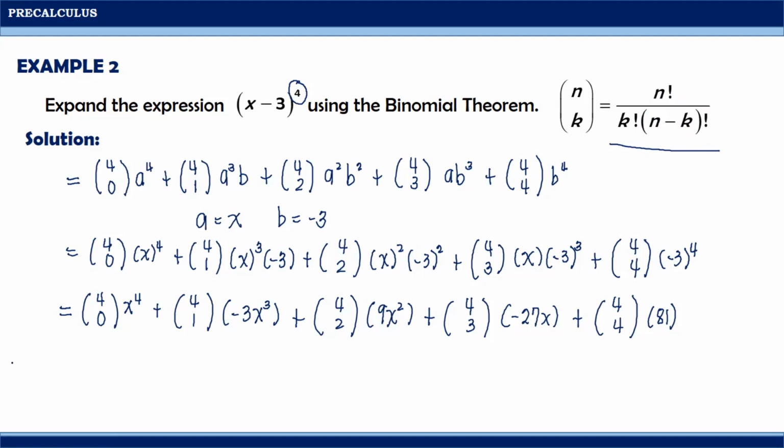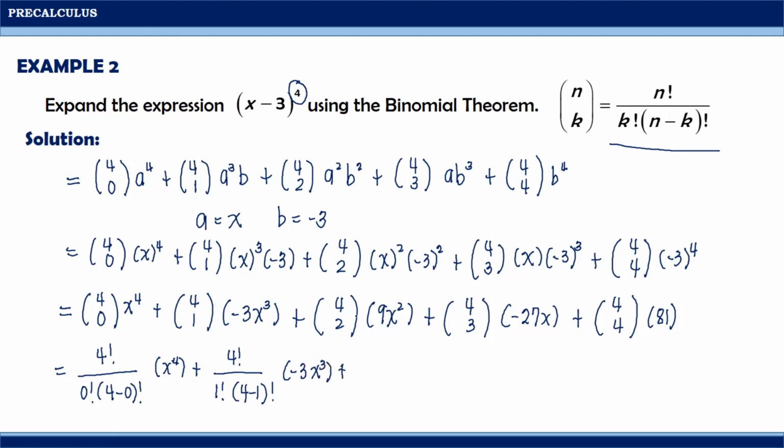Therefore, we will have the following terms as 4 factorial all over 0 factorial times 4 minus 0 quantity factorial times x raised to 4 plus, for the next term, we have 4 factorial all over 1 factorial times 4 minus 1 quantity factorial times negative 3x cubed